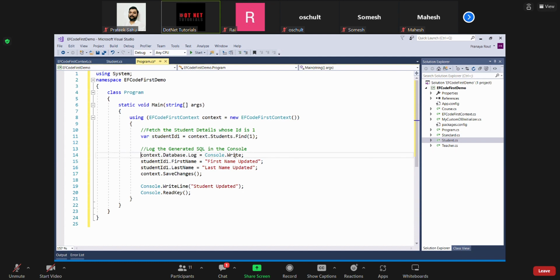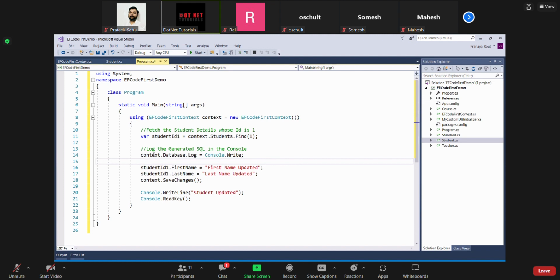Right, so do you know the meaning of this statement? Can anybody tell me what this statement is all about? Context.Database.Log = Console.Write. It will show the generated SQL statement. Whatever SQL statement is generated and executed by Entity Framework on the database, it is going to print at the console window. So I just want to make sure how the row version column is going to be used